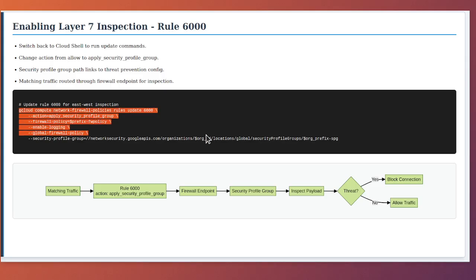The gcloud compute network-firewall-policies rules update command modifies an existing rule. We specify rule priority 6000, which is our rule for internal east-west traffic. The action flag changes from allow to apply_security_profile_group. This is the key change that enables inspection. The firewall policy flag references our policy name,